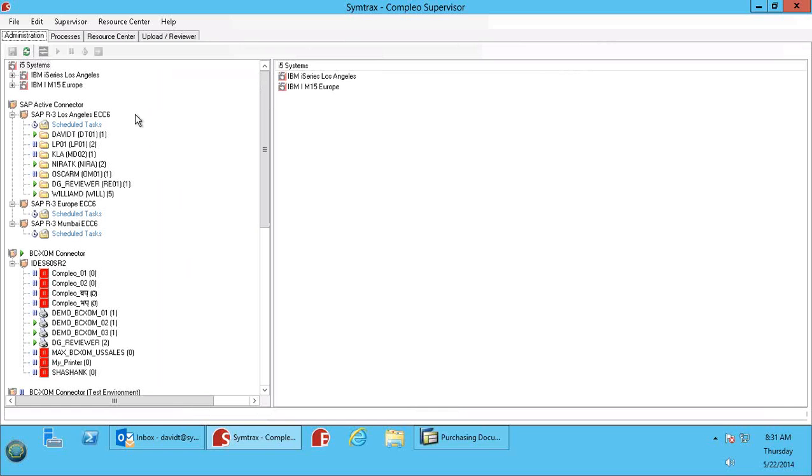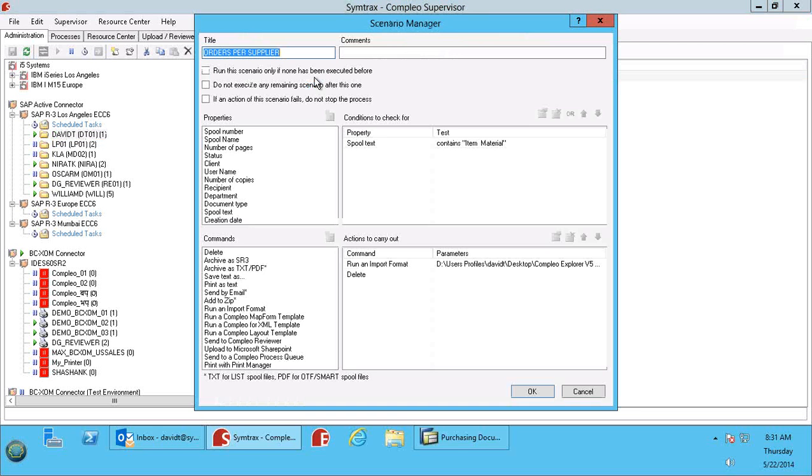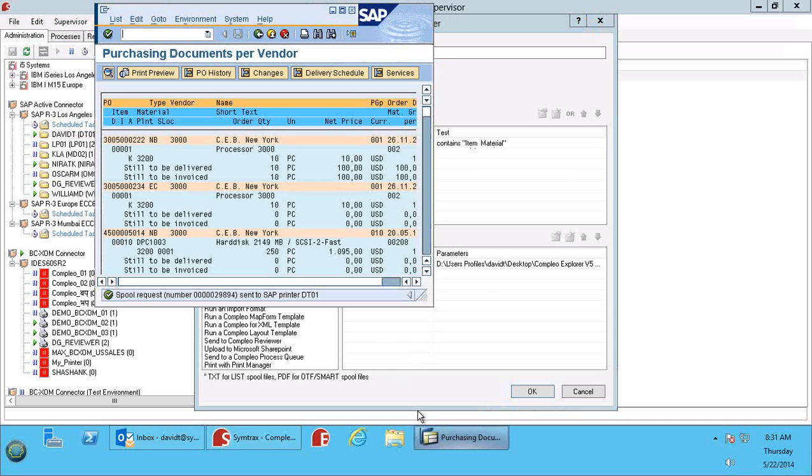So here on the left-hand side, we have our output queues. Under Administration, we have DT01. This is our supervised output queue. If I double-click here, it opens up our Scenario Manager. So we have the title here, we have the properties, the conditions to check for. So in this case, we've set it up to read spool text. So every time a spool file with the name item material within the document hits our output queue, as we can see back here in the SAP environment,